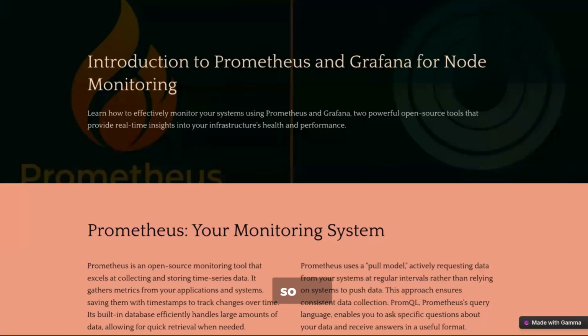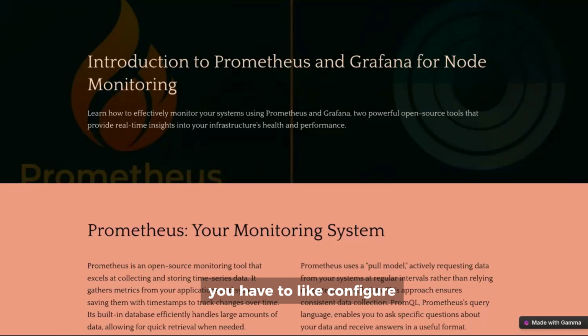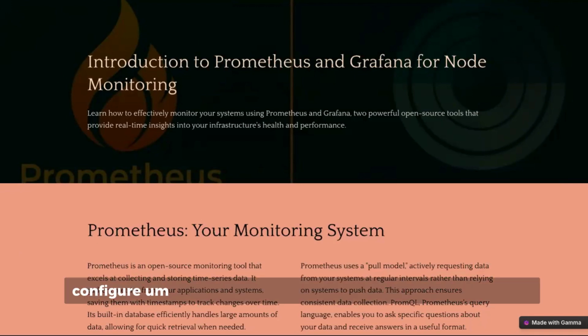So normally when you set up your node, you don't have those things. You have to configure your setup in that way,